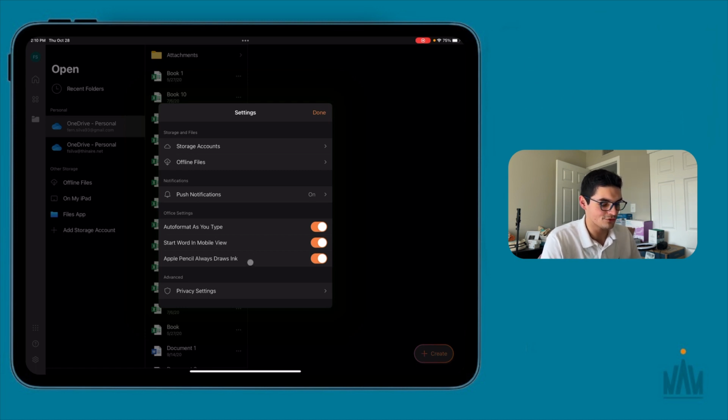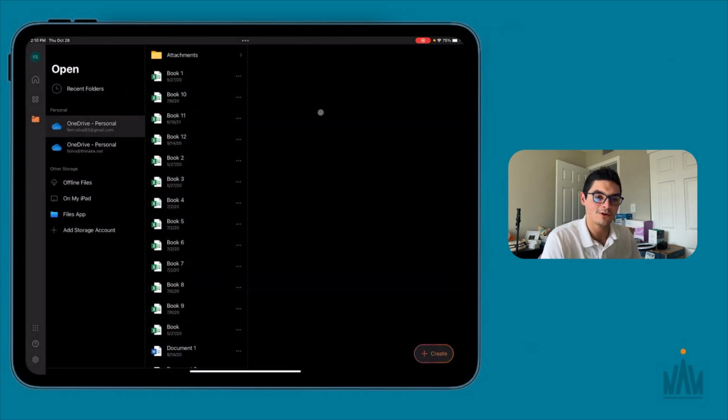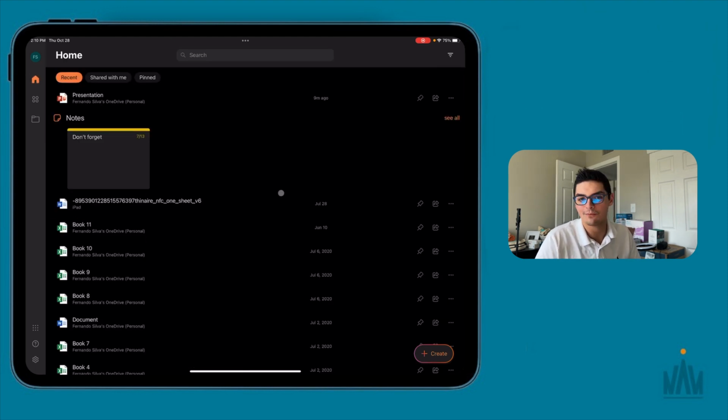Apple Pencil always draws ink, which is something that I actually like. So every single time I pull the Apple Pencil out, you know that you're going to draw something directly on the screen. But now what I want to show you, and the main reason why I consider this the best beginner way to introduce yourself to Microsoft Office on the iPad Pro, is that again, you can go down here,